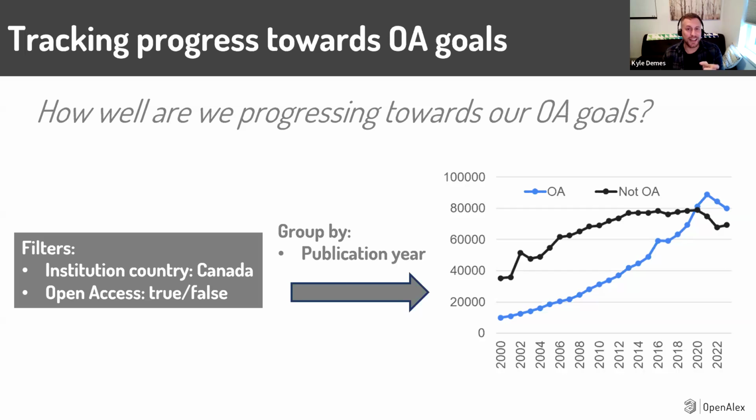But I also did this to highlight another really cool feature about ROR that I like, is that they have geotagged information about the institutions. So we can say, I don't want to list every single institution in Canada. There's 97 universities and many other types of institutions. I just want every single institution where there is a Canadian geotag, and then show how open access is changing over time. So that's another example a lot of libraries are doing. As open access becomes more important and people invest in policies and programs, they want to be able to see how well they're working.